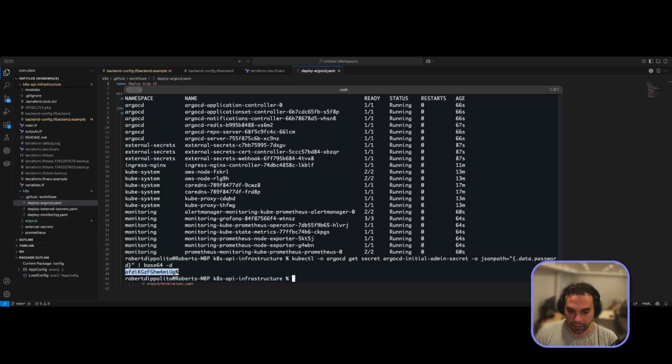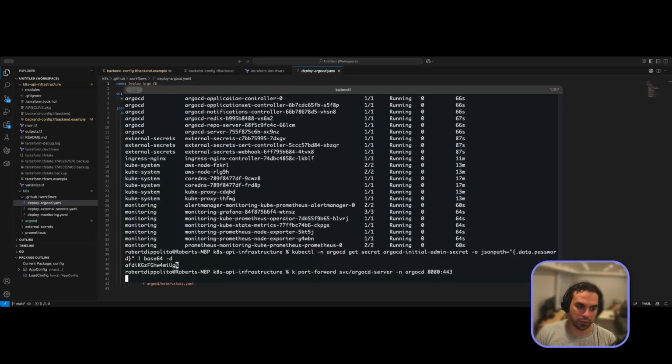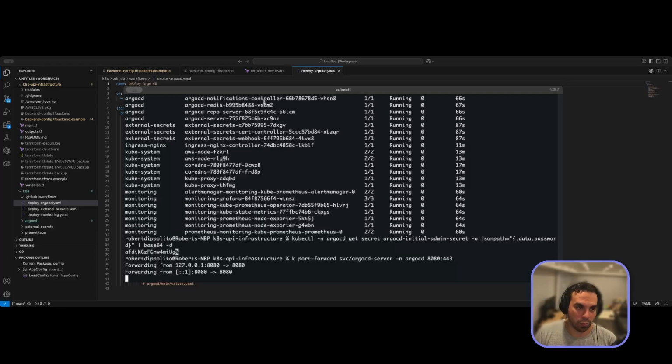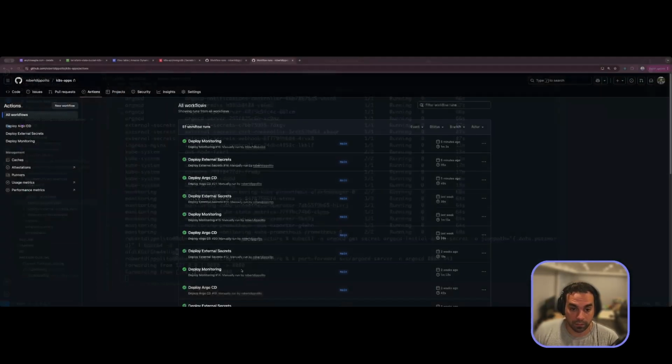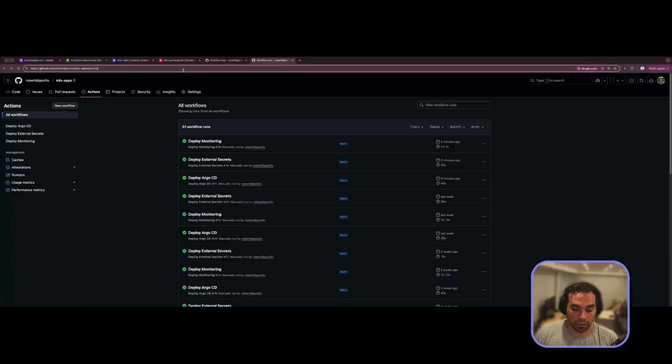We're going to copy this into our notepad for later. And then we're going to run the port forward command. And so it's simply going to be k port forward our ArgoCD service to port 8080. Click enter. And now we're port forwarding. So now if I switch back to my console view and I go to localhost 8080,